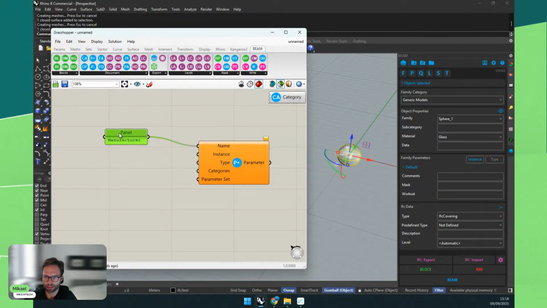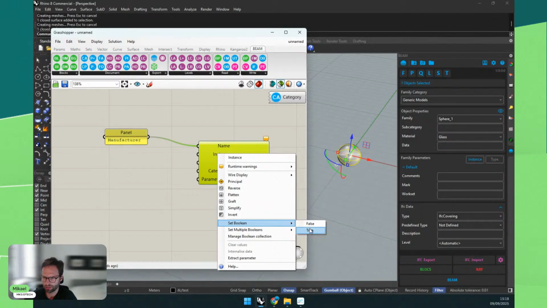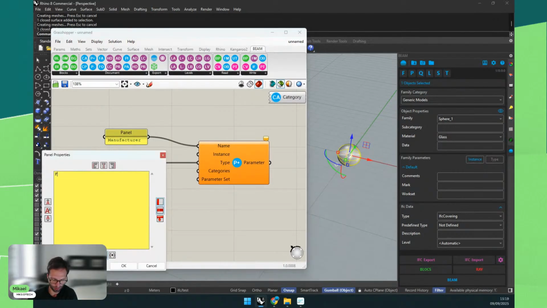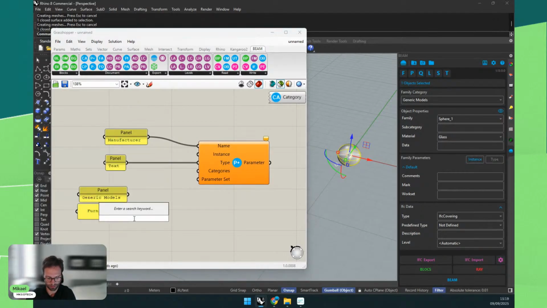So I have to put all of the data. Instance should be true or false. So say this is an instance parameter. Type, I will say this is text. It's fine. So we use type text. And then we need to add some categories. This could also be a list, but maybe let's do two. Maybe there are better ways to do this, but I'm not super furniture. And then merge. Let's merge all of this in one list.